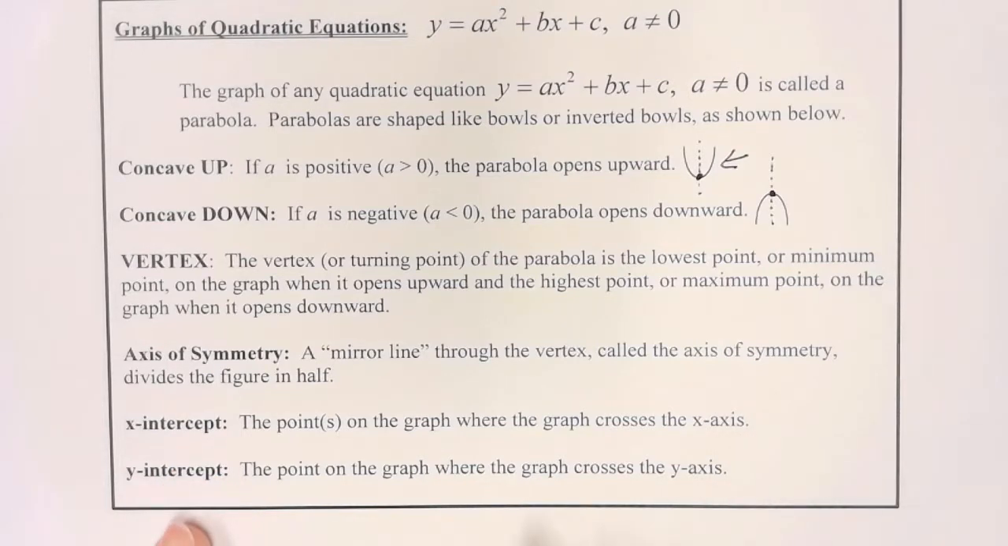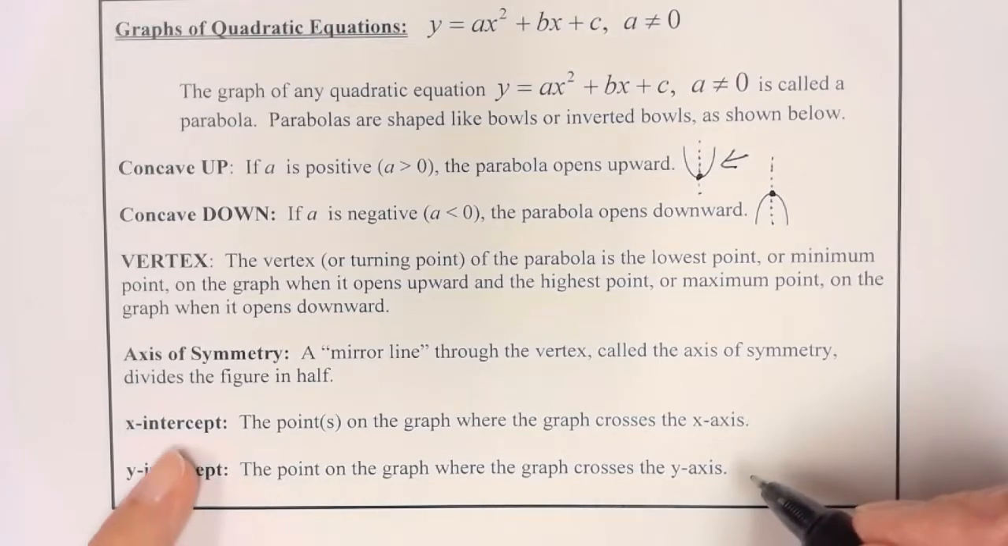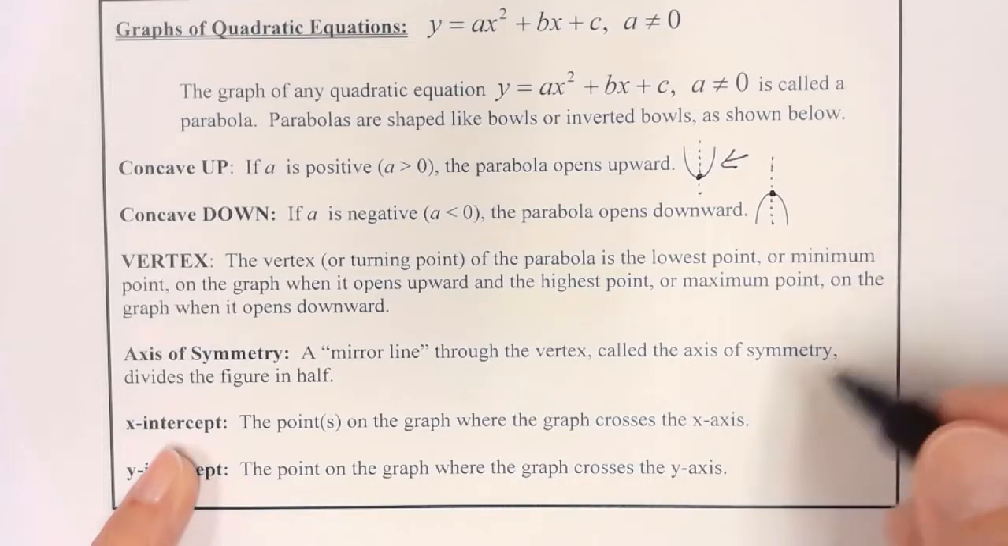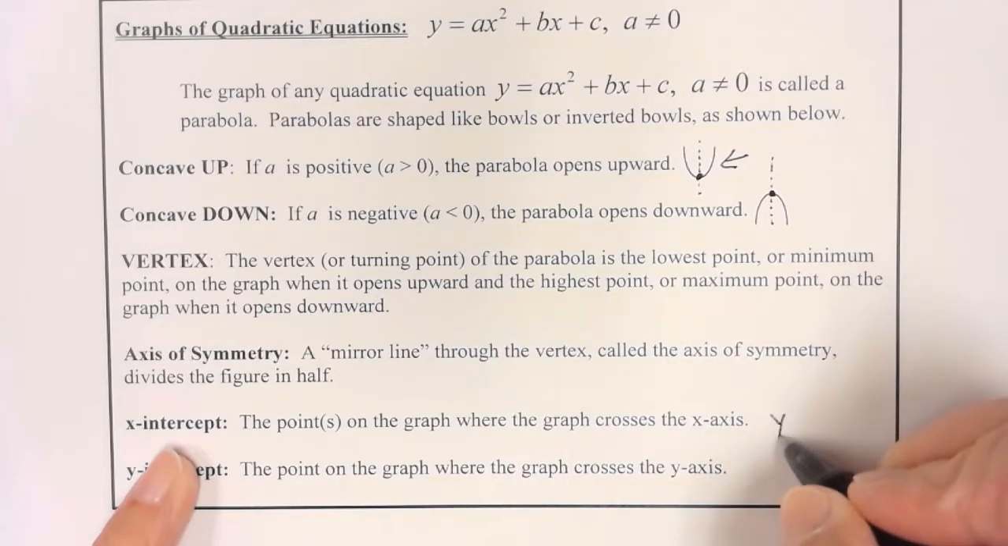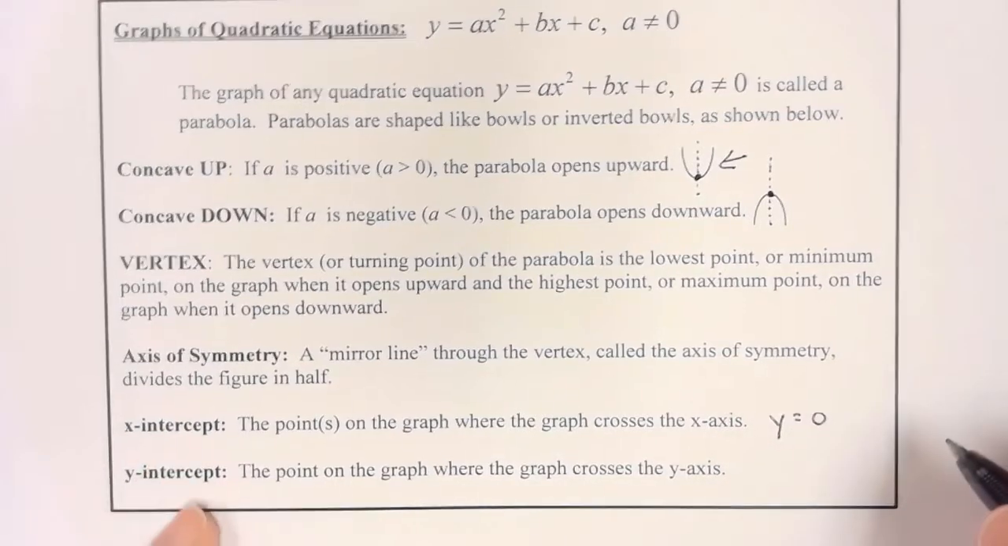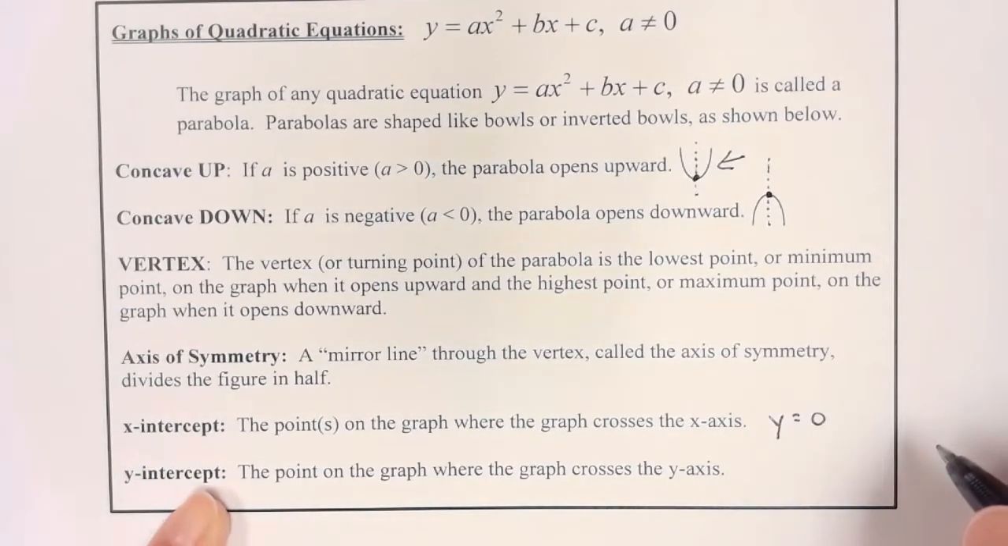The y-intercept, you'll always have a y-intercept. It's the point on the graph where the graph crosses the y-axis. Let me go back again to the x-intercept. Now all of this is terminology you need to know. But the x-intercept, for it to cross the x-axis, y has got to be 0. For my y-intercept, or where the graph crosses the y-axis, x equals 0. So here's the terminology again